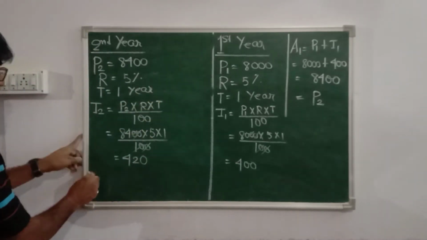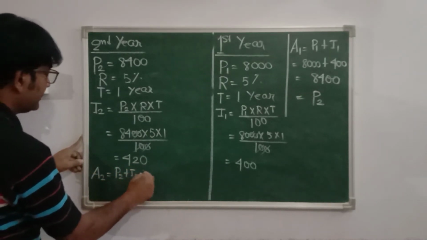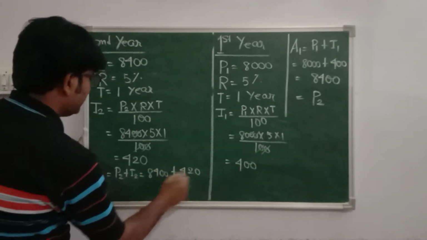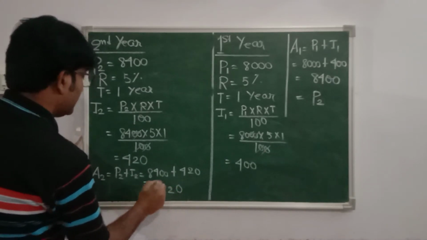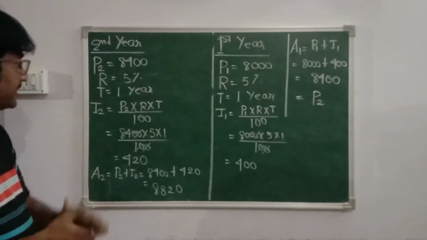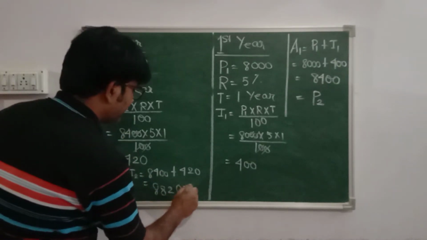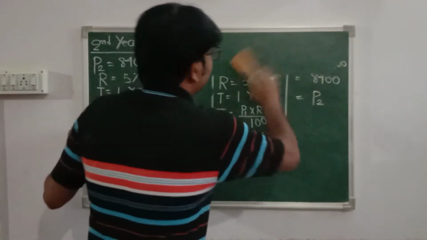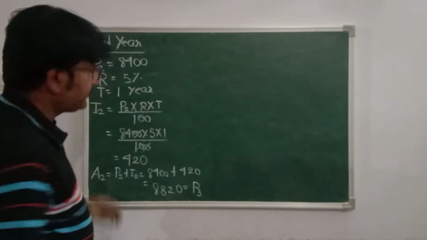Now you need to find the amount, and that is P2 plus I2. So 8400 plus 420, and that comes to 8820, the amount at the end of the second conversion period, or at the end of the second year. And this is the principal for the next conversion period, that is for the third year. So we can write for the third year,